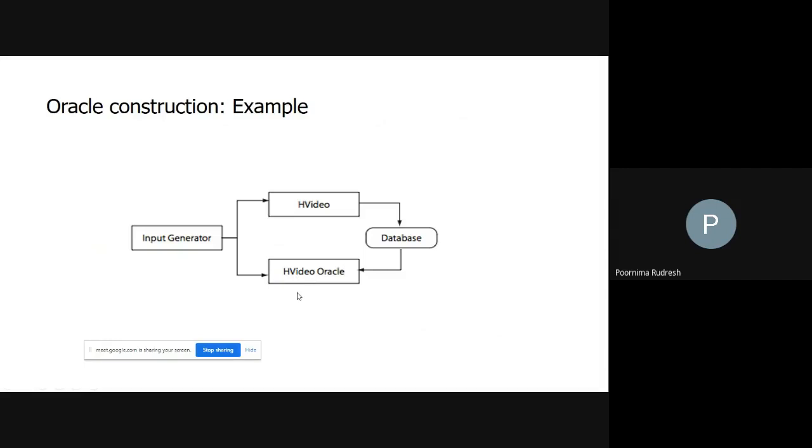Basically it is searching the videos in the database. If it is available, then it displays the related information, otherwise it displays the error message. So this is about the oracle construction.